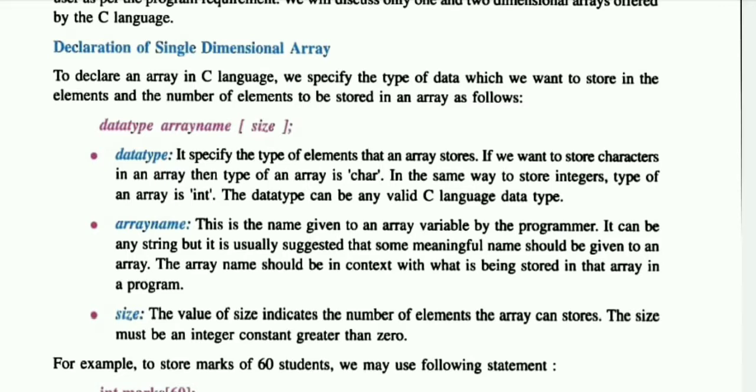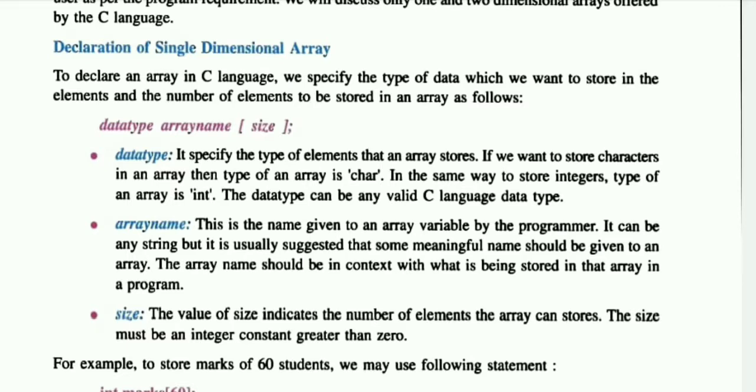Then the array name, meaning the name of your array, and the size of the array in square brackets, which is known as a subscript also. Here, how many values you want to store in this array variable, you have to provide in the size. Data type means which type of data you want to store in the array variable, like integer, character, float, etc. All the basic data types you can set here according to your wish.